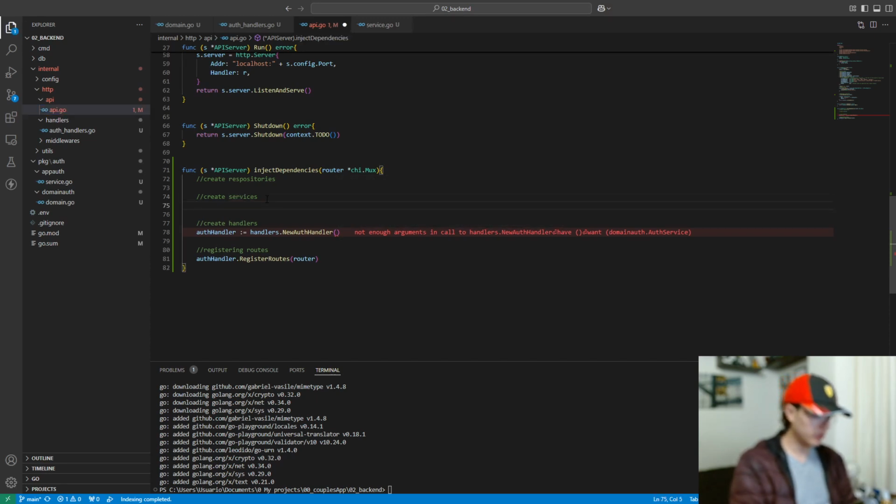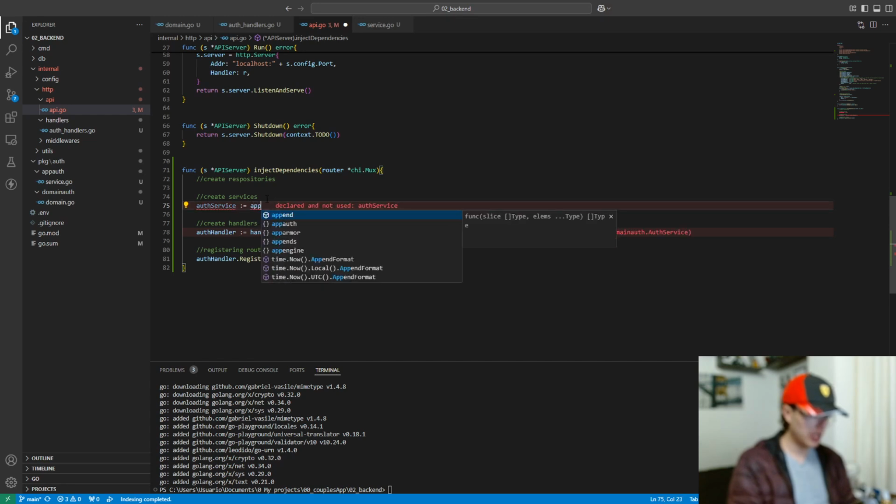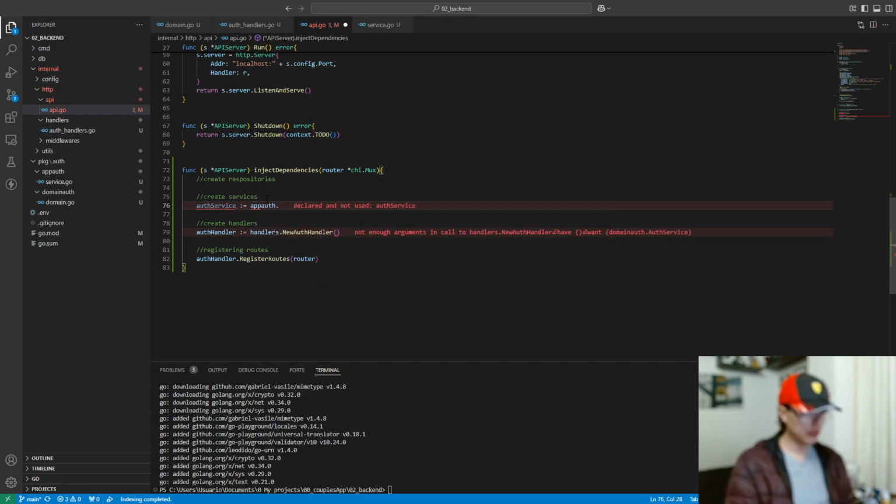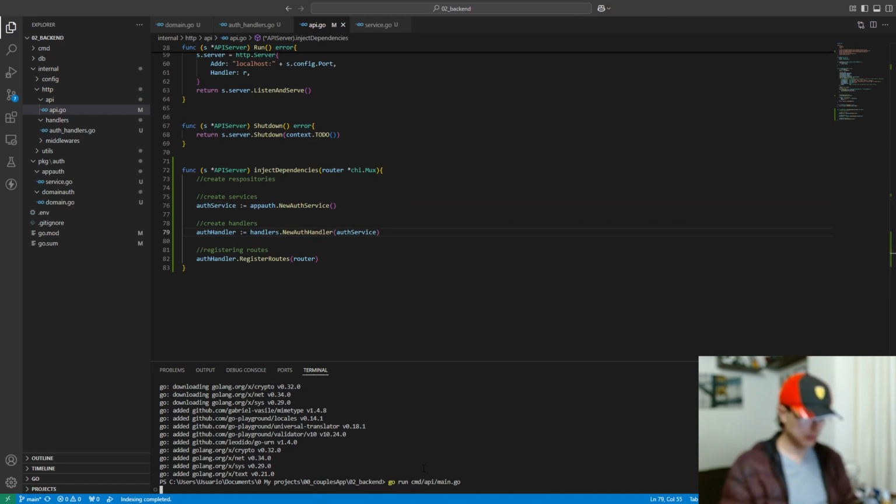So create a new service. So let's auth service. This will be part of, where is it? It's on app auth dot new service, and let's pass this here, and now everything is working. So let's check it out. It says working, so